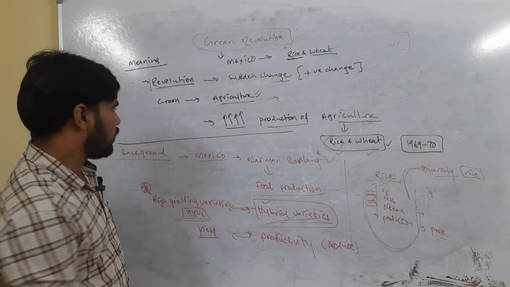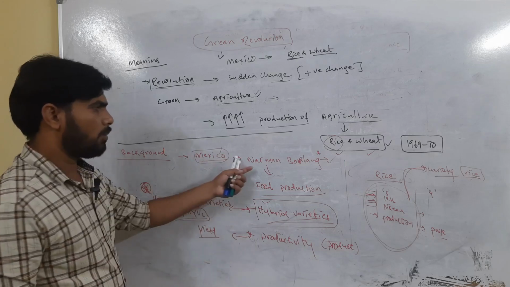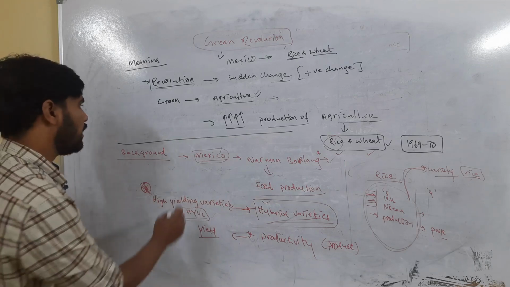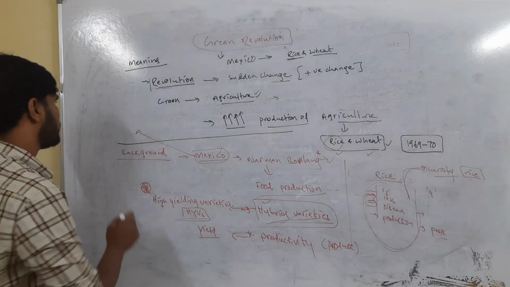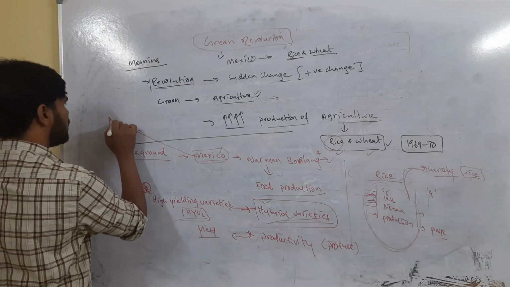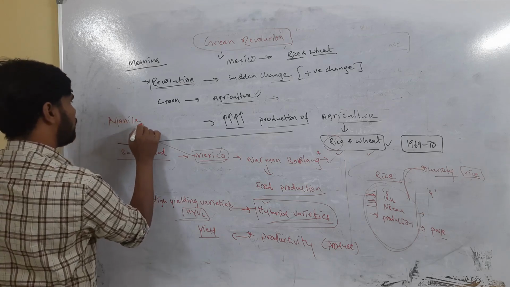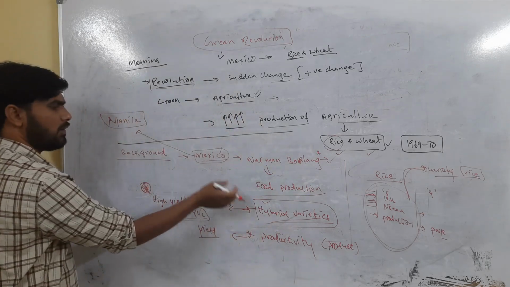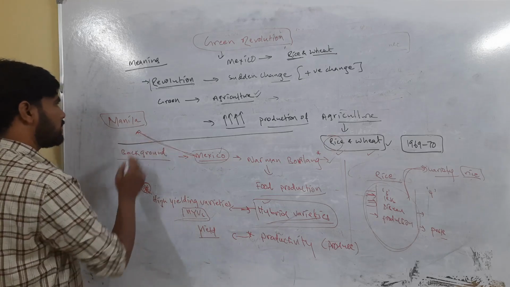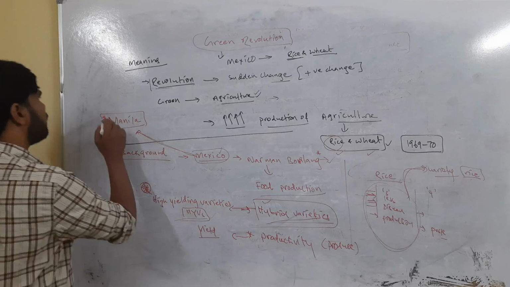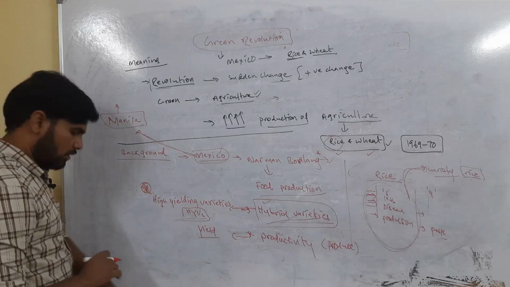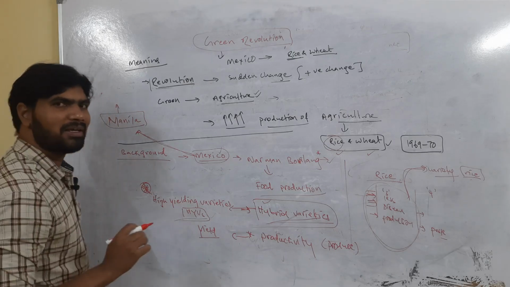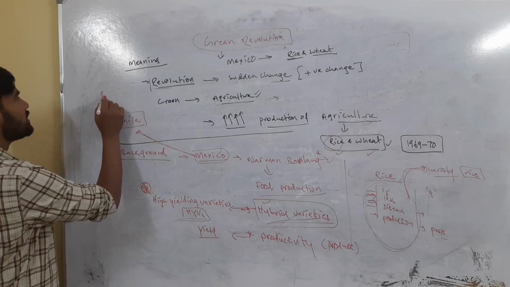So where was it born? It was born in Mexico. Norman Borlaug experimented with these high yielding varieties in Mexico and he was successful. From there the technology was transferred to the Philippines, Manila. There is a rice research center in Manila. This technology of developing hybrids was adopted by this research center in Manila, and from there our famous scientist from our country, you might be knowing his name, he is Swaminathan.